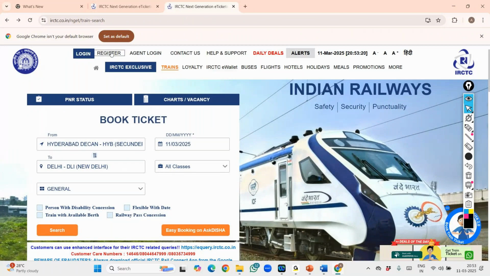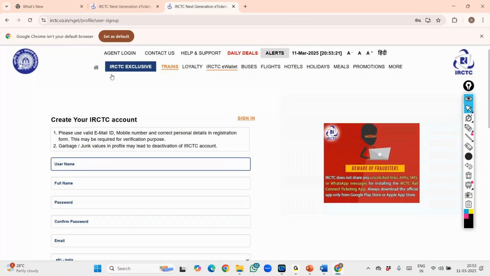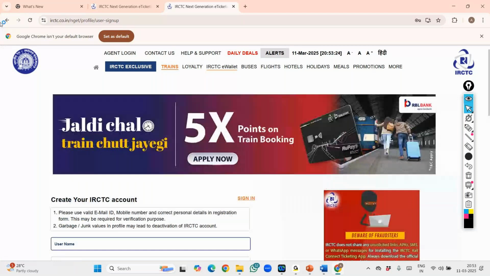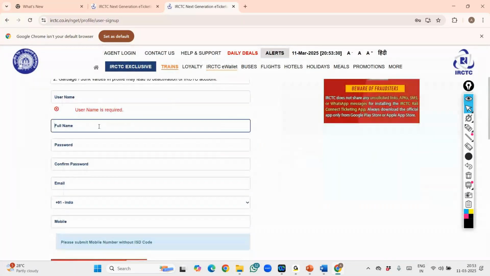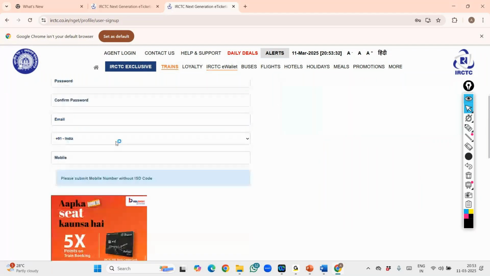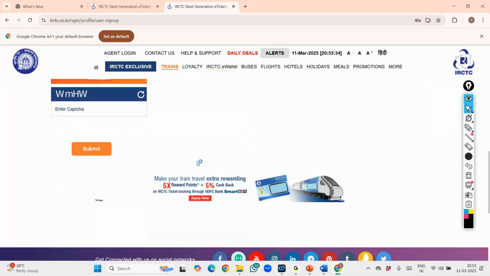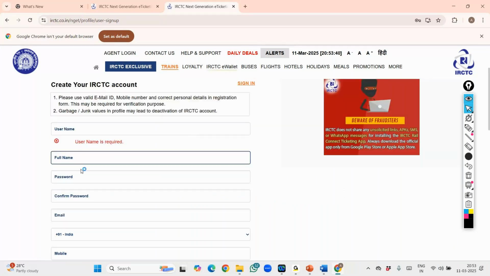I will record my script and provide all these things: username, full name, password, email, and my mobile number, and simply click submit so that one user gets registered. Then I will make changes in my script as enhancements, and for however much data I require, I will use the same script and run it multiple times